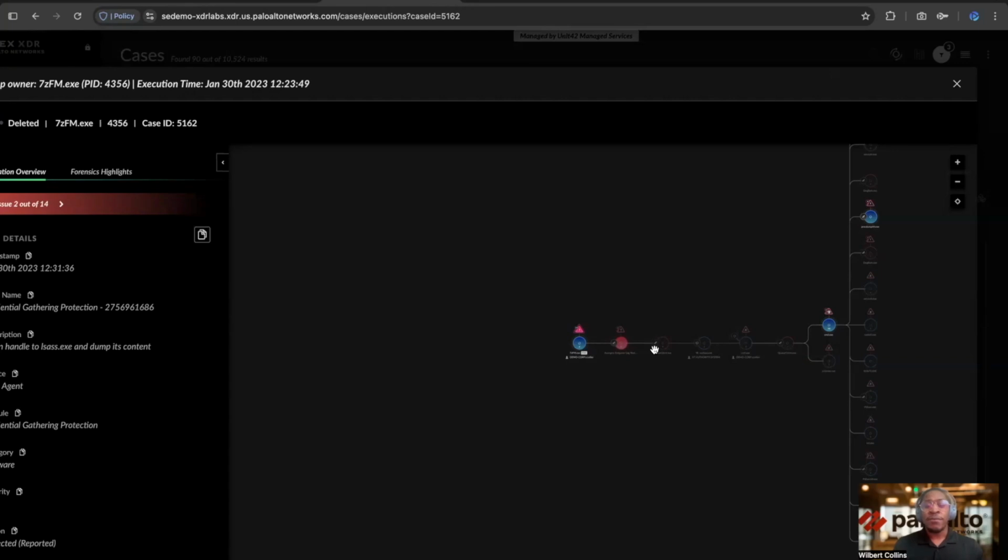In better words, basically come here, you see the firewall icon, see what rule allowed it, have the XSOAR say, hey, next time block that execution if you see it again, to ensure that it doesn't happen again.